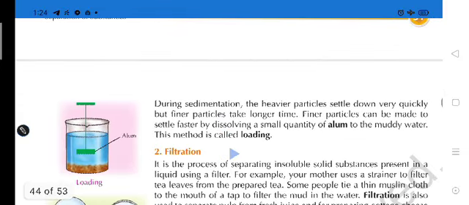Students, during sedimentation the heavier particles settle down very quickly, but the finer particles take a longer time. Finer particles can be made to settle faster by dissolving a small quantity of alum in the muddy water. This method is called the loading process.